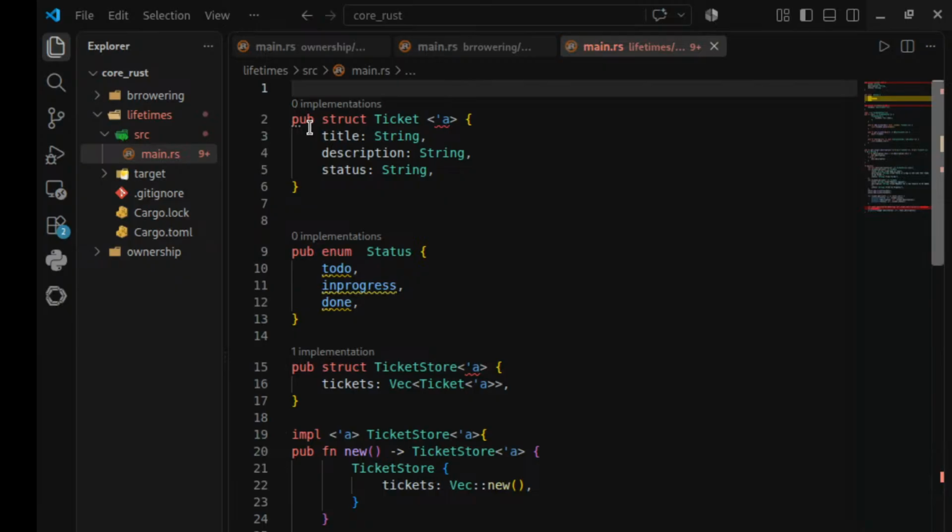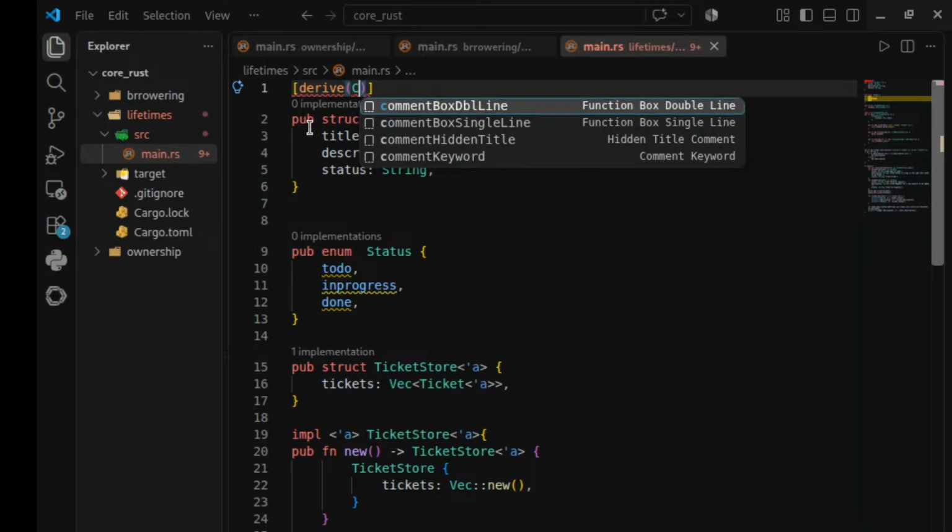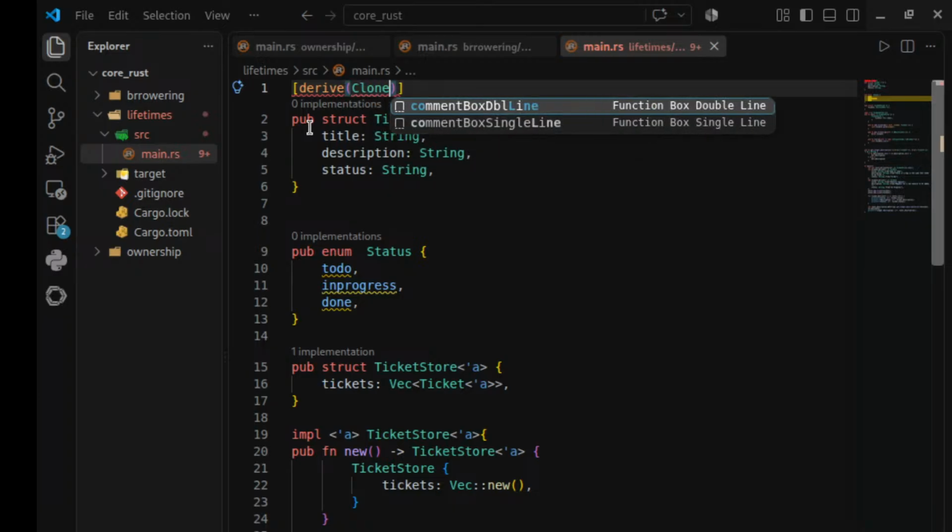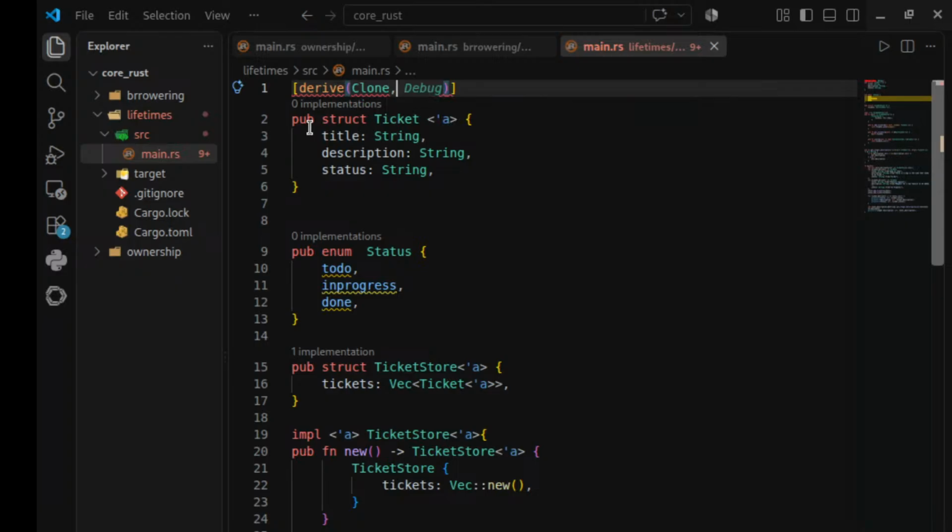We can use derive, so we will use derive Clone, Debug, and Eq. Okay,